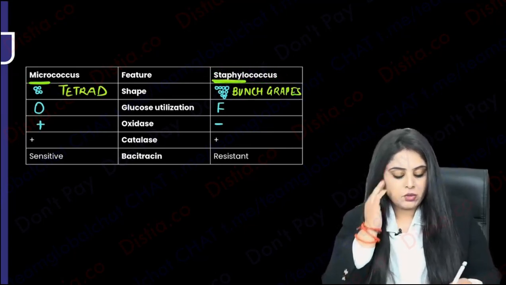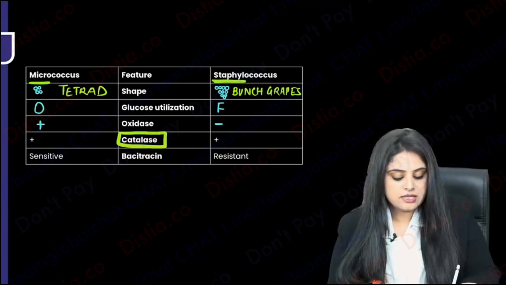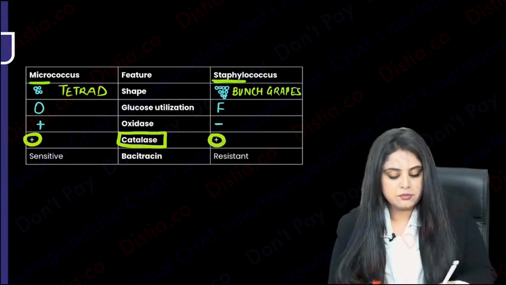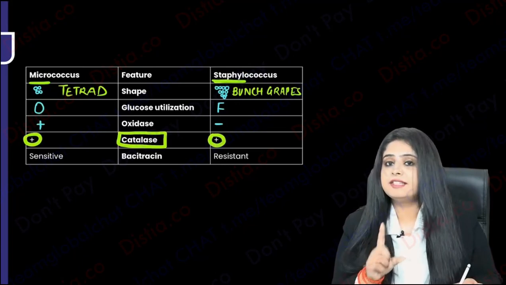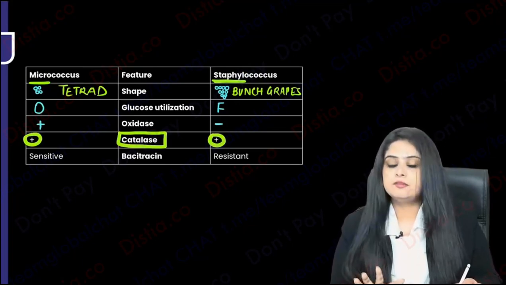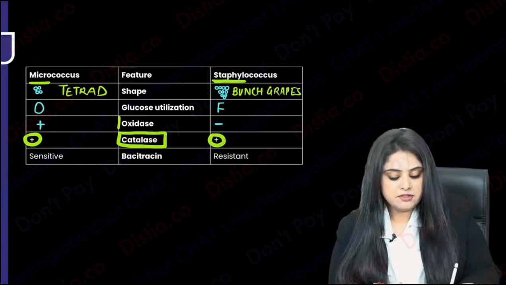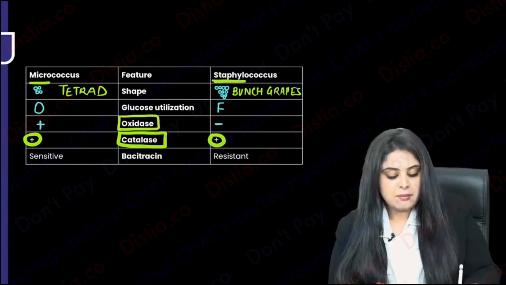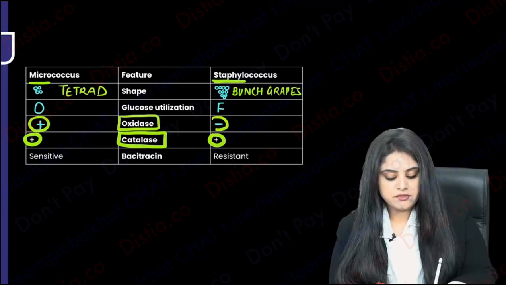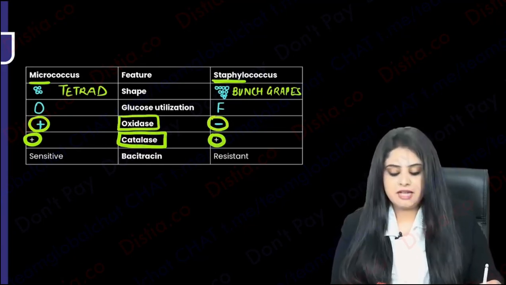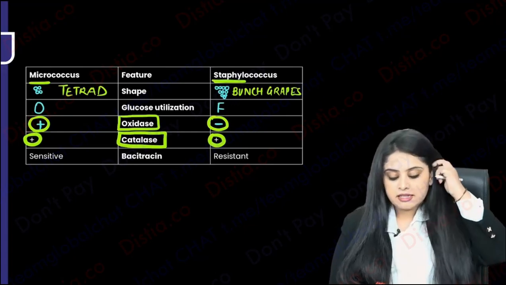Then you're going to see what is common between them. Common point here is that both of them come out to be catalase positive. That is their commonality. That is why they are under one family. They are catalase positive. But then we did the difference in terms of oxidase. Look, Micrococcus is oxidase positive, Staphylococcus is not. And how did we analyze it? You will ultimately realize that